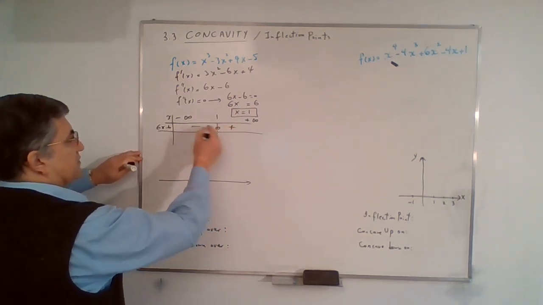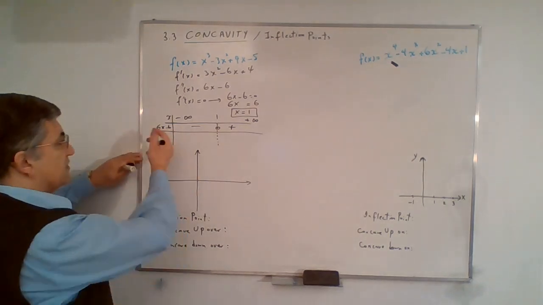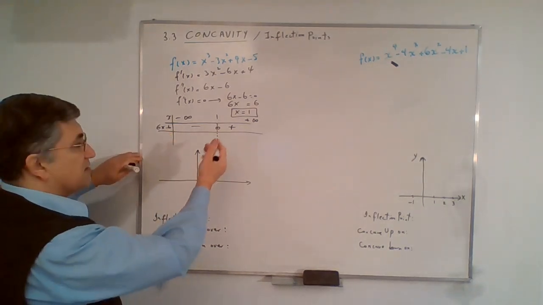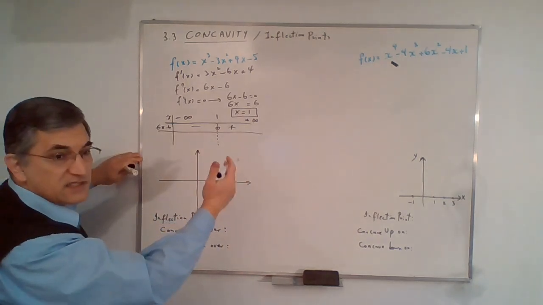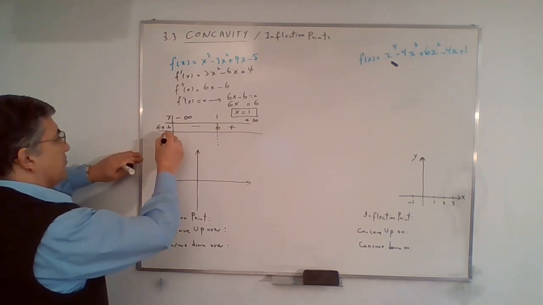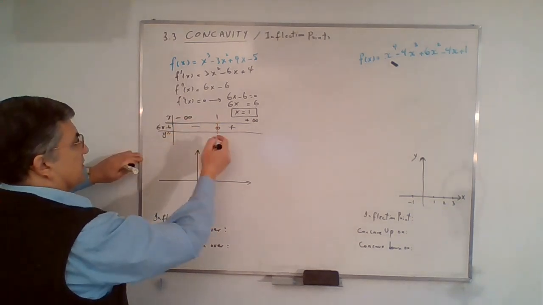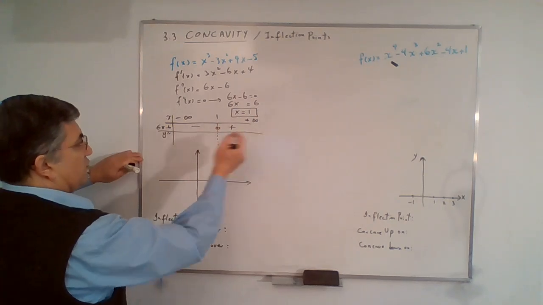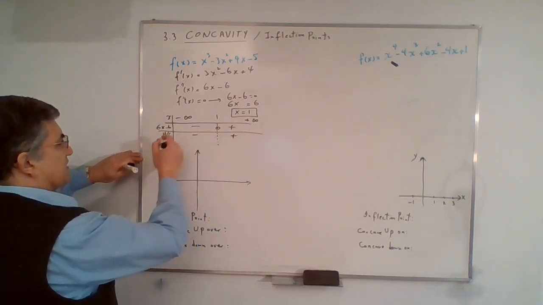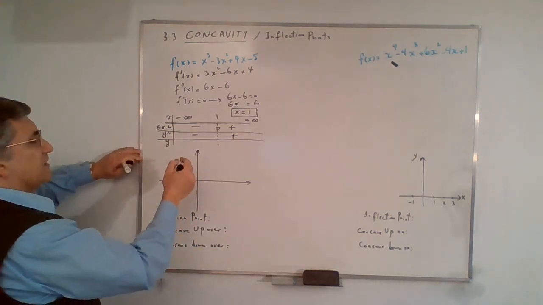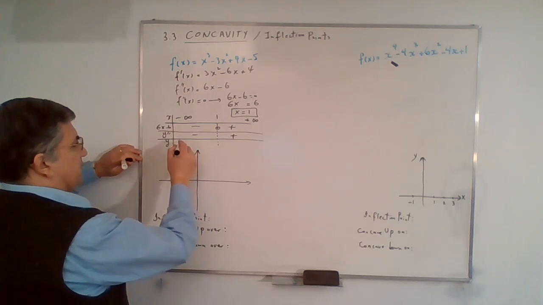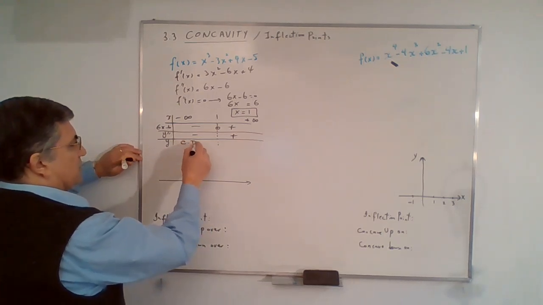To the right, it's positive. To the left, it's negative because 6x minus 6 has a positive value if x is larger than 1. And it has a negative value if x is less than 1. So what we can say about the second derivative is that it's positive if x is more than 1, and it's negative if x is less than 1. And what we can say about the function y itself is that the function has to be concave down, CD